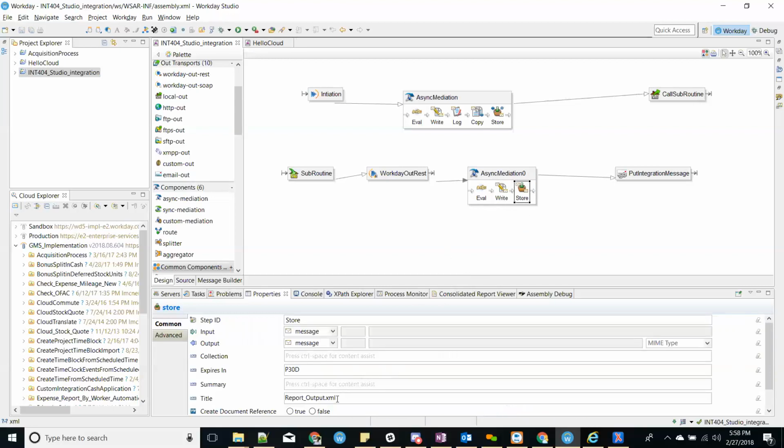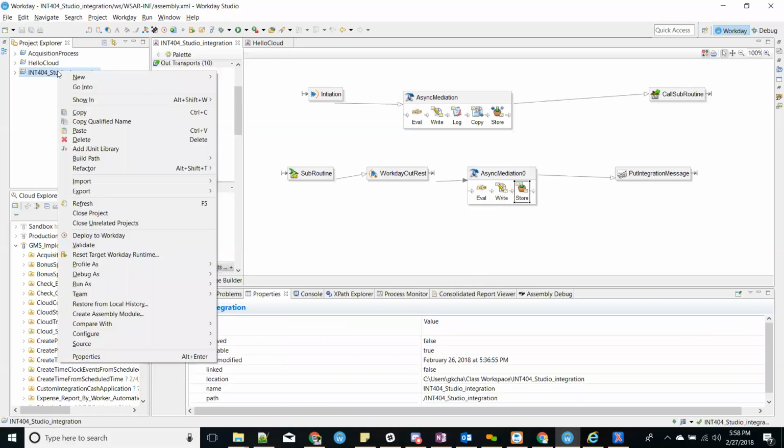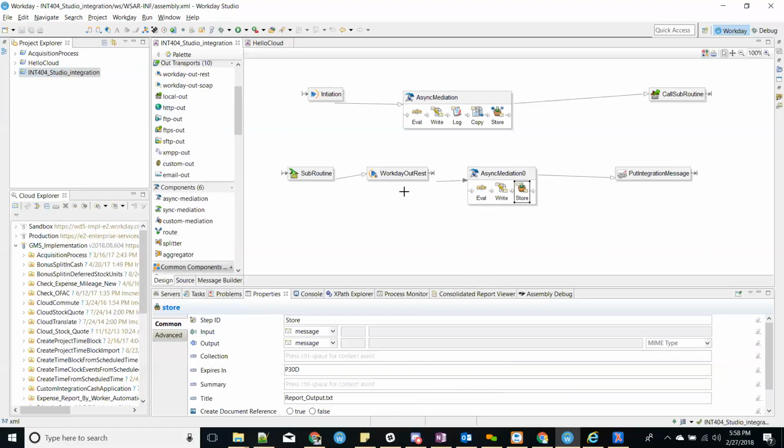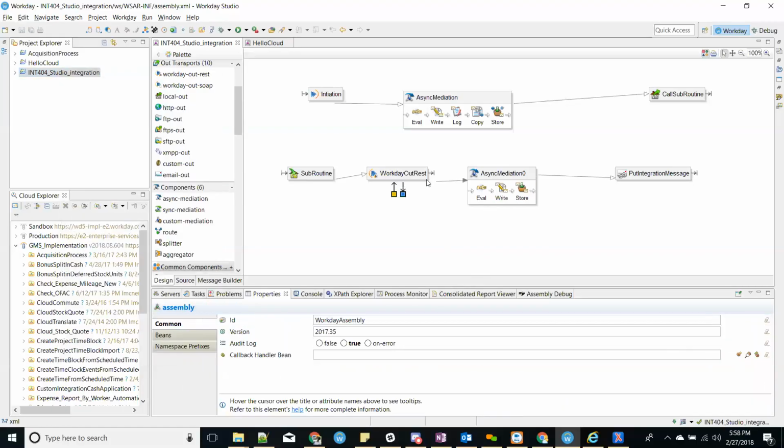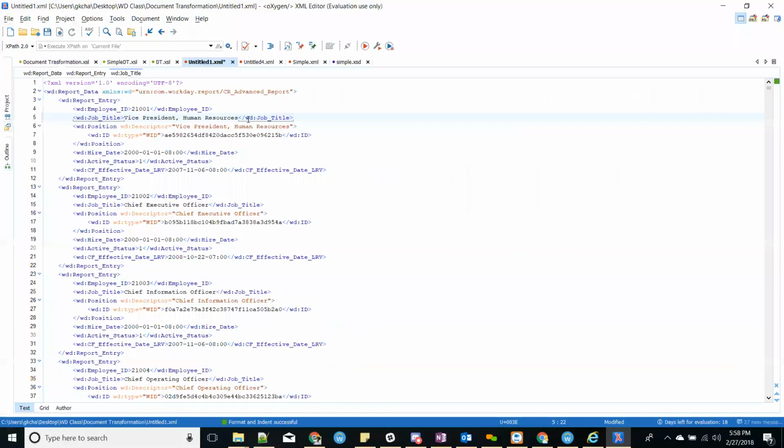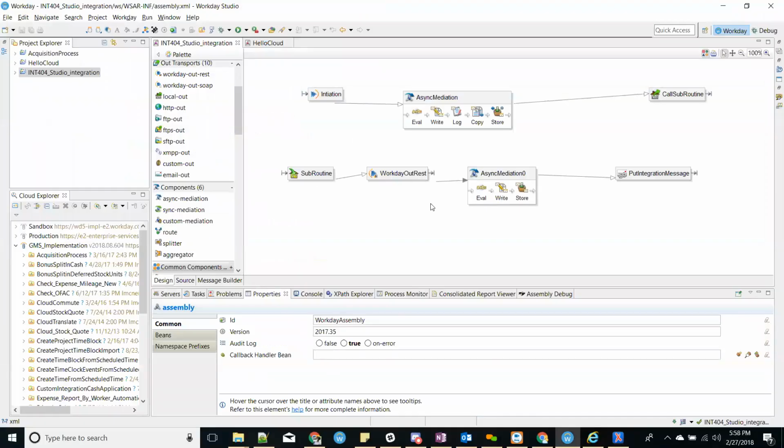Now I'm going to store it, and as this is a text file, I'm going to remove this and put a text. Before deploy, right? So one thing we have to keep in mind is the namespace of your report. Currently, the report namespace is set to CR_advanced report, urn.com CR_. So what you have to do is make sure your studio assembly is also on the same